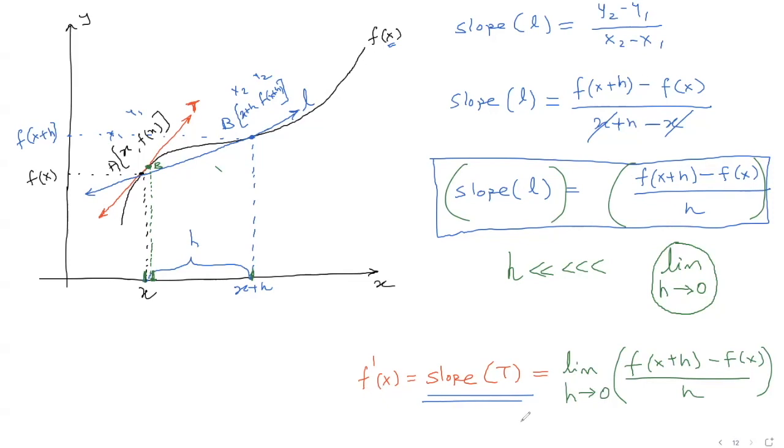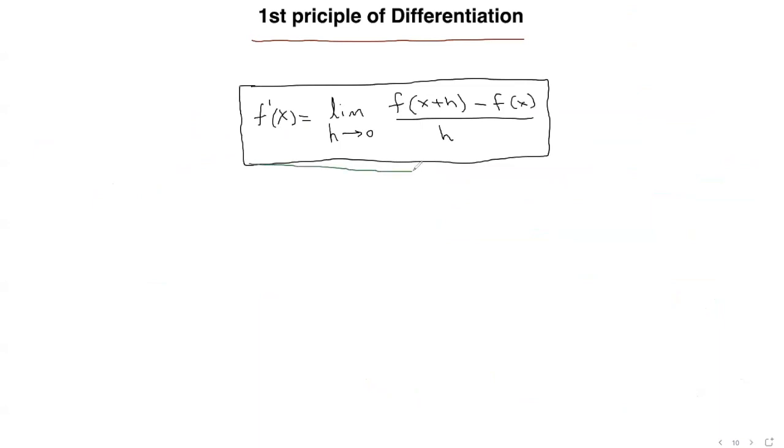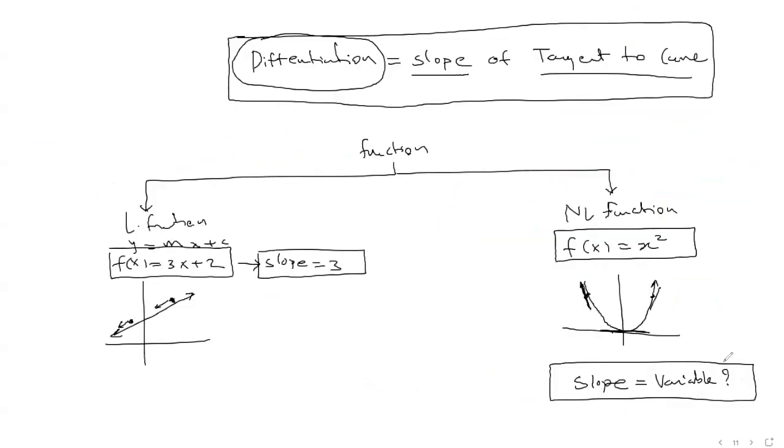That's the first principle of differentiation. You see this exact formula I wrote here. Now, does this make sense? This limit, h tends to 0, says h will be very small, and then the derivative will be like this. Now, once you have this first principle, how can we use it? Can we find the derivative of x square using first principle? Let's see how we can do that.